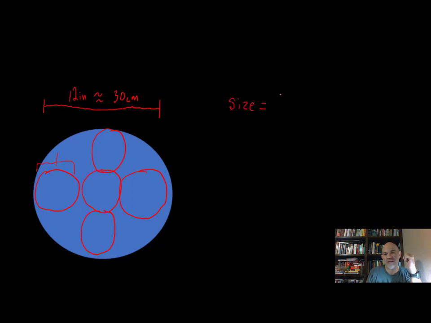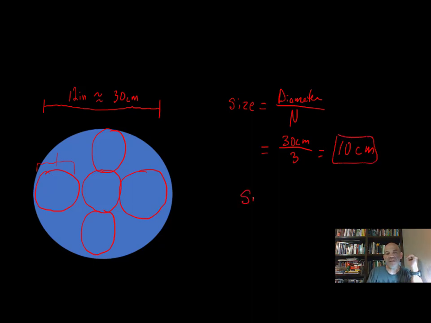In concept, you're taking the diameter of the plate and you're dividing by the number of apples that you see fitting all the way across there. So n is the fit number, the number that fit all the way across. And so if we do that, we would take your 30 centimeters and divide by the 3, and that gives you approximately 10 centimeters for each of those objects that are on the plate. If we did inches, then it would be 12 inches divided by 3, so that would be about 4 inches in diameter. So we have now just developed a concept equation